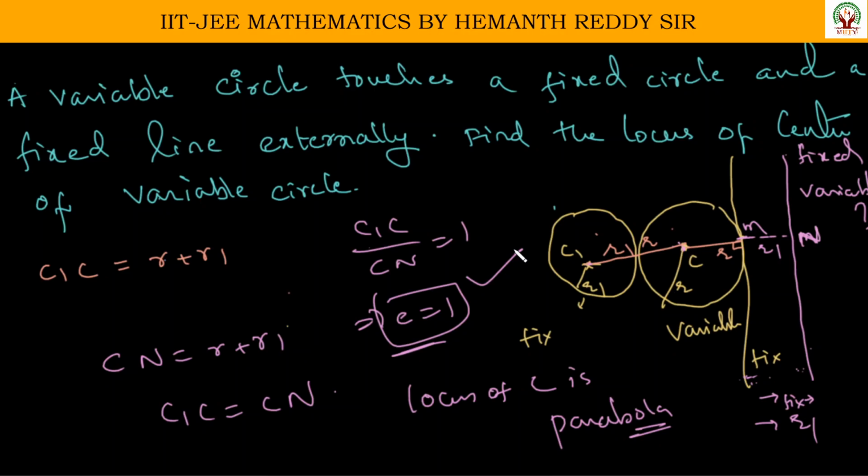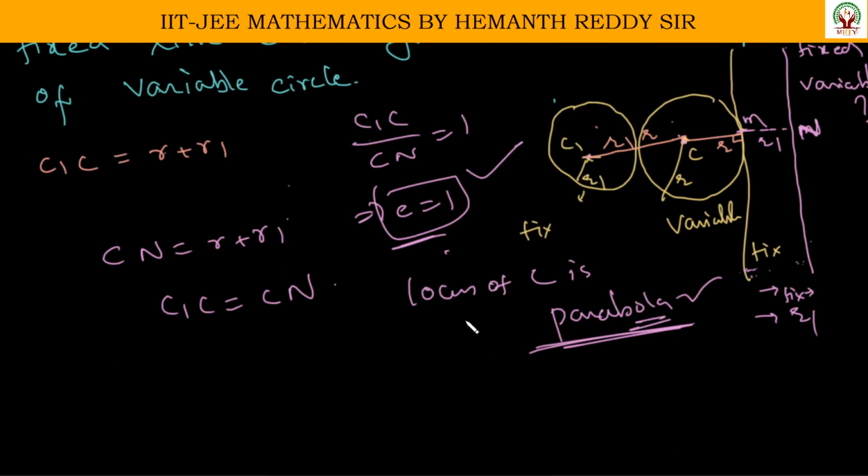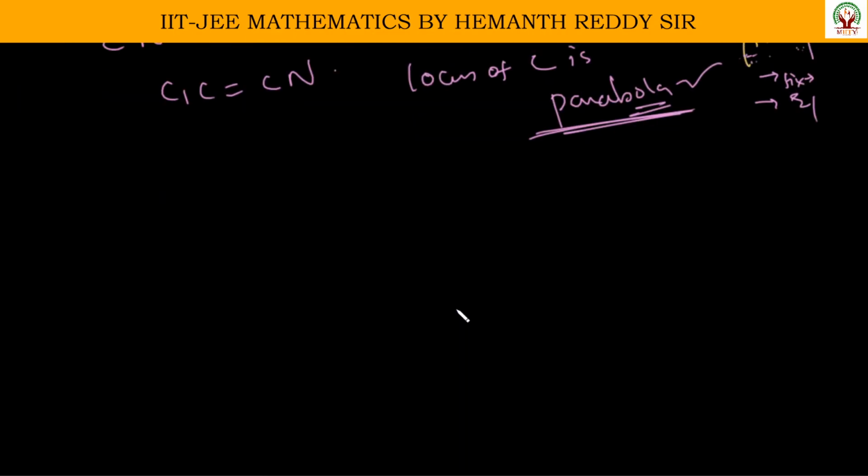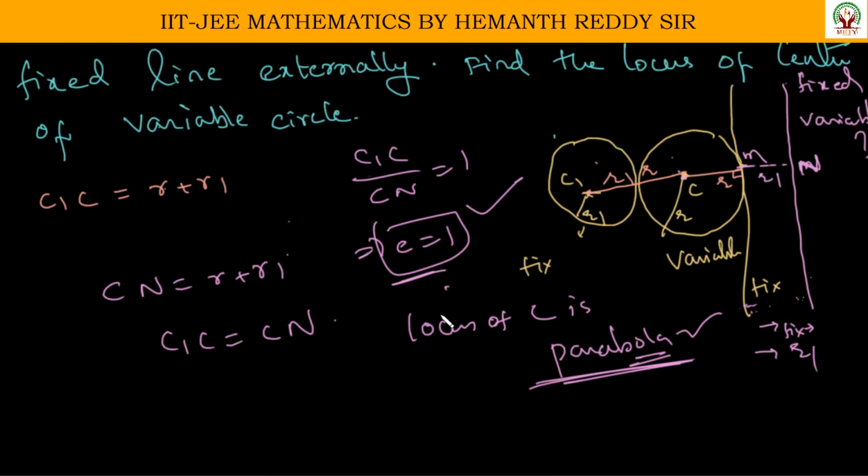Eccentricity definition: the distance from point C to the fixed point and the distance from the line are the same. So it means that is nothing but eccentricity. Eccentricity is 1. So if eccentricity is 1, the locus of that point will be a parabola. So the answer is a parabola. It's pure logic, right? Okay. I hope this is clear. Next. Okay, so the answer will be parabola for this.